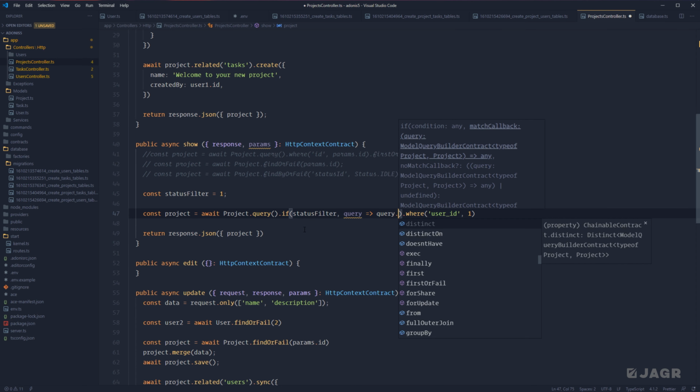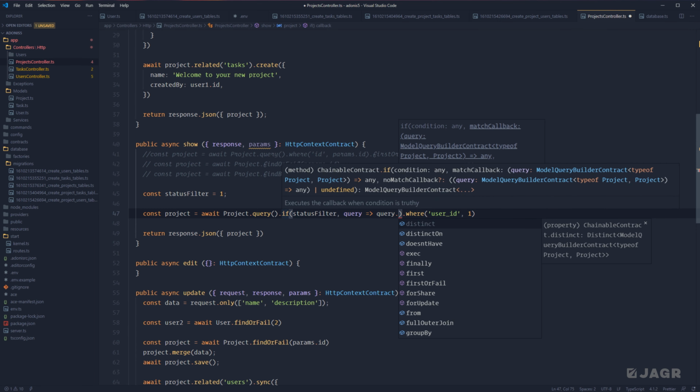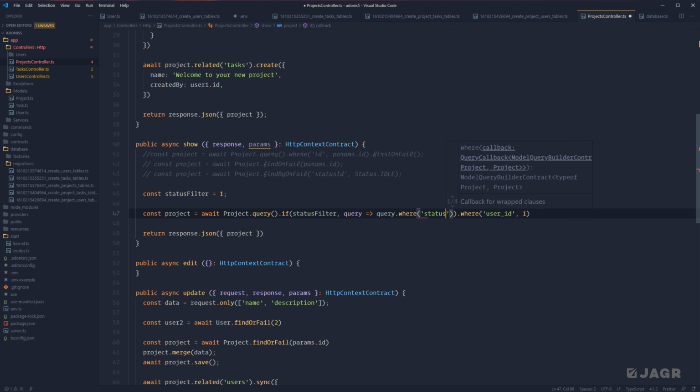So we can use this to conditionally apply whether or not we should query off of the status ID filter. So here we do query where status ID is equal to our status filter. So if we have a status filter, this will get tacked on to our underlying SQL query. If status ID does not have a value, so if this is null, this if statement will skip over our query callback and leave it off of our SQL statement. So this is a really handy way to conditionally apply filters and other forms of where statements and conditionals onto